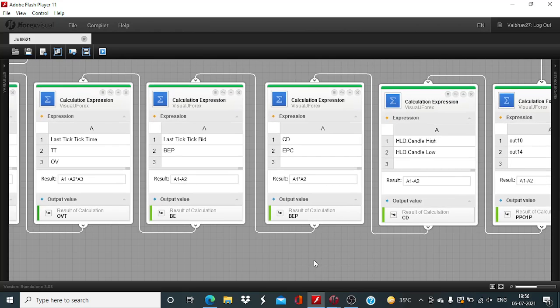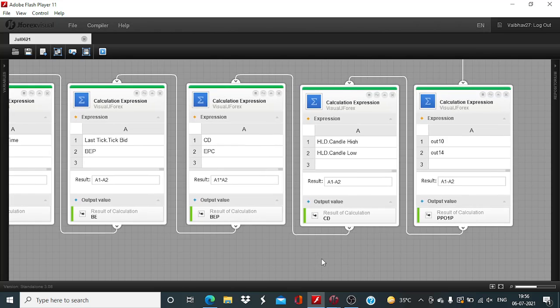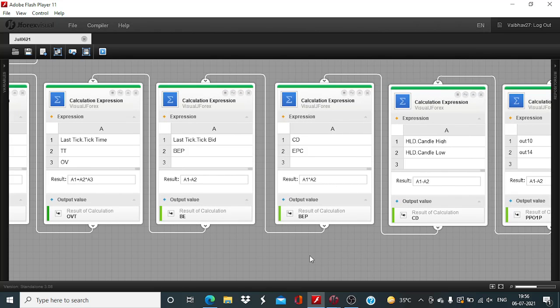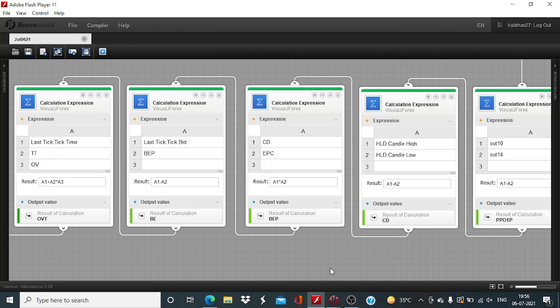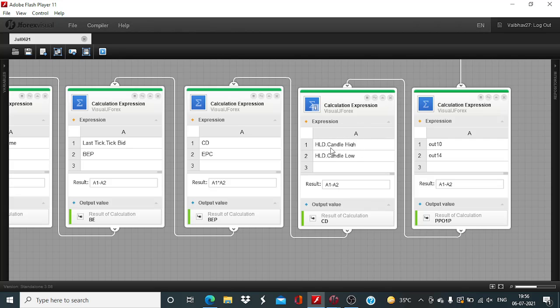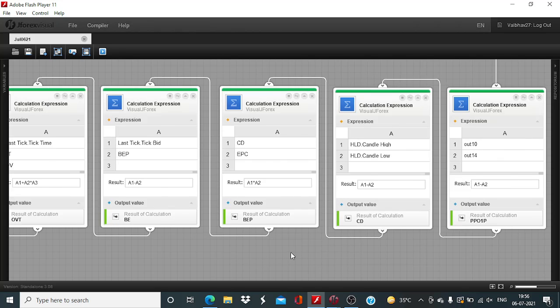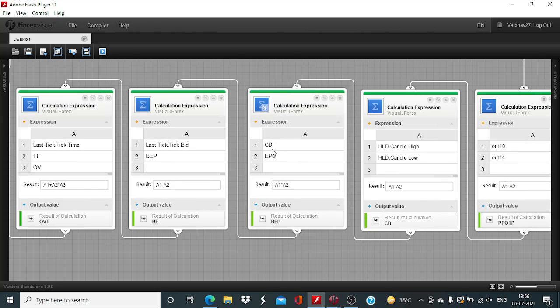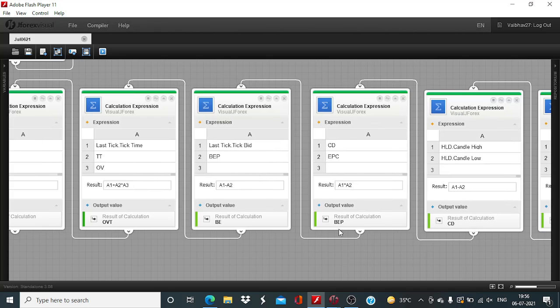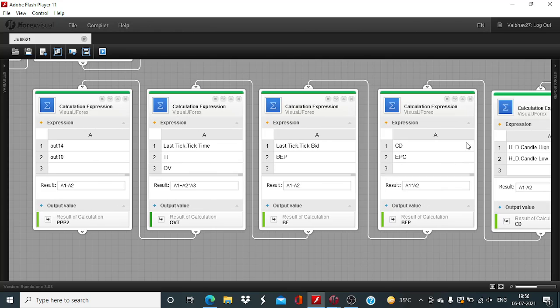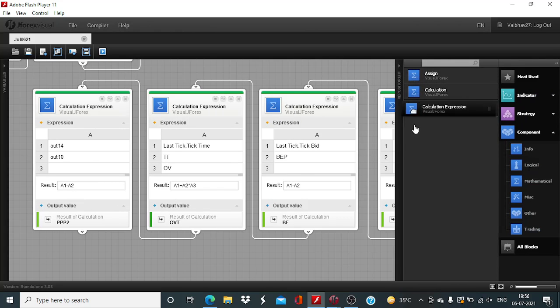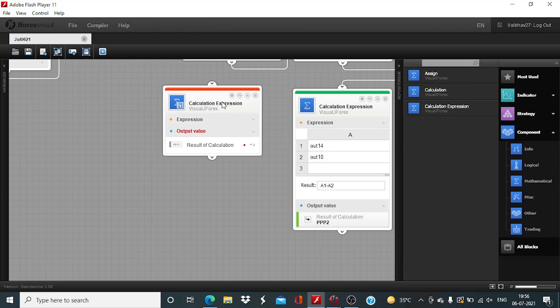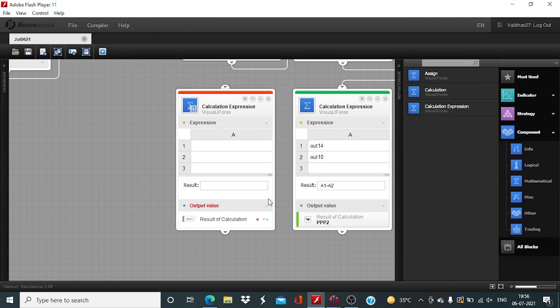With this calculation in place, we will have to now start defining the entry point. An entry point is going to be above the current market price. We will take this actual difference of the last 3 hours high and low, and take 33% of it, which we have done here. And this we will then add to the last tick ask and arrive at the entry point. So I will take a new calculation expression block, add it here,